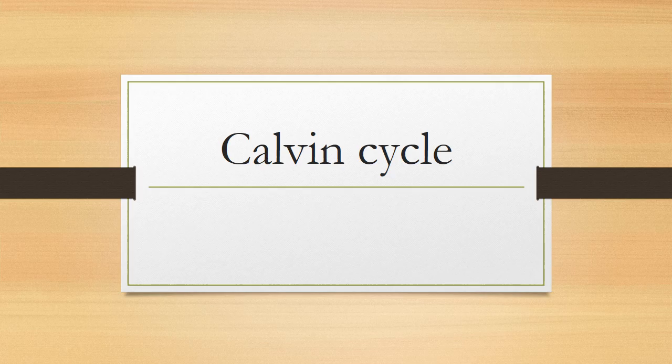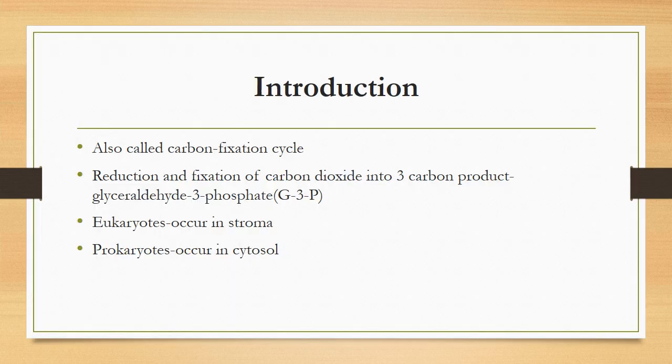So in this video tutorial, I will explain everything about Calvin cycle. Calvin cycle is also known as the C3 cycle. I have a brief introduction about Calvin cycle. First of all, Calvin cycle is also known as the carbon fixation cycle. Basically what happens in this cycle is reduction and fixation of carbon dioxide into a 3 carbon product, that is